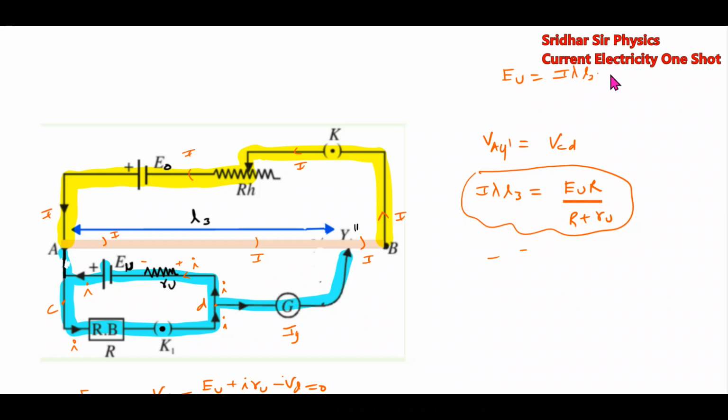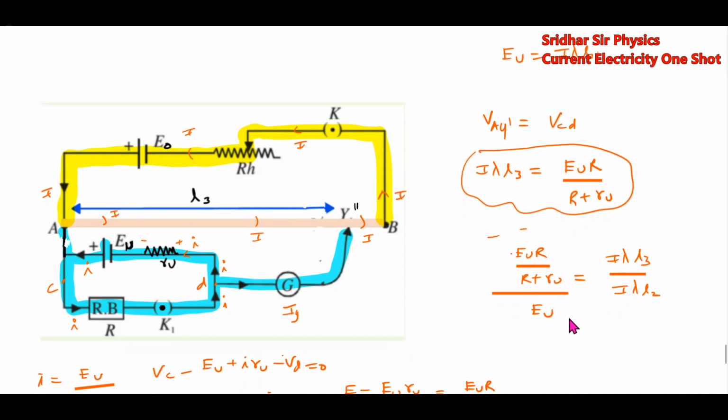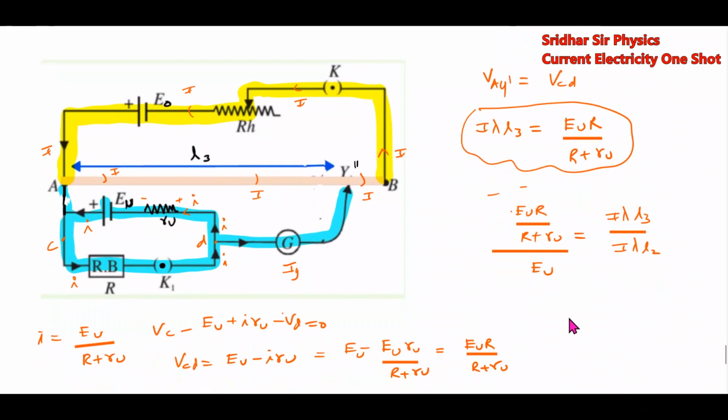Dividing these two equations, this will become EU R by R plus RU, divided by EU, equal to I lambda L3 by I lambda L2. We have to calculate this RU. So EU also gets cancelled. Then this will become R plus